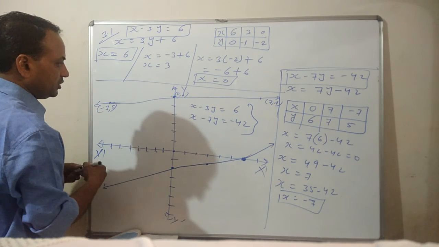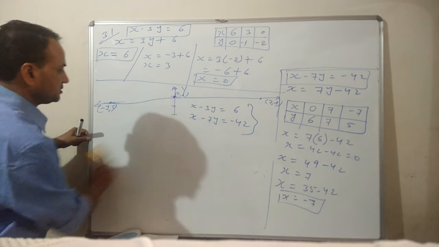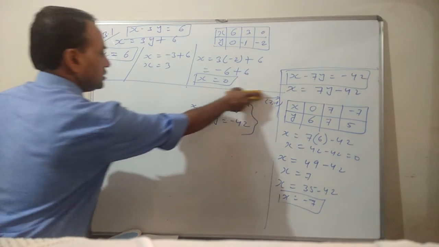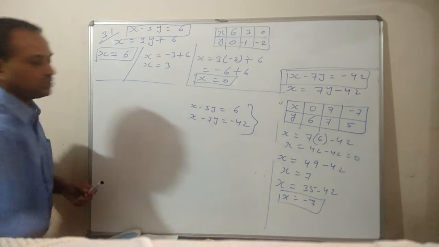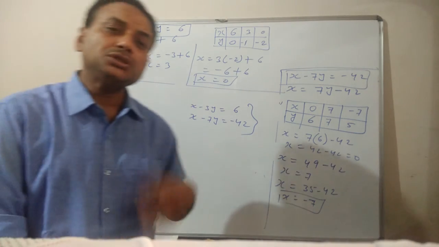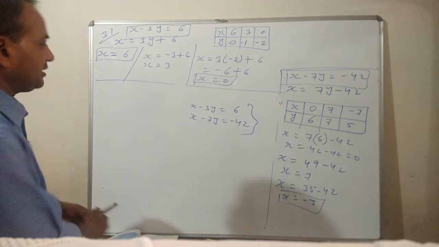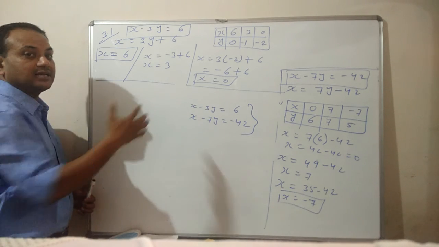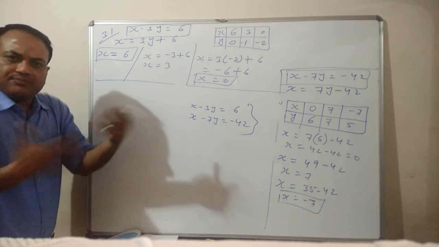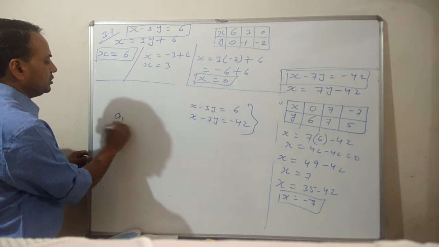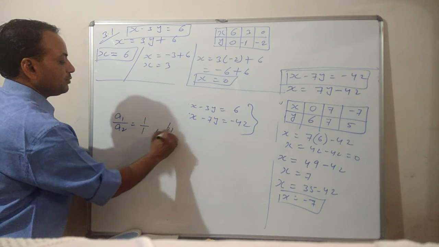If I find A1 upon A2, I am just erasing this so we'll get the space. Now what I am trying to say, although this is not given in the question, is that whenever you get any pair of equations, you can find orally, without solving, which type of condition these lines will give on the graph paper: intersecting, parallel, or coincident. That we can find immediately by A1 upon A2. What is A1 upon A2 here? Both are 1, so 1 upon 1. What is B1 upon B2 here?